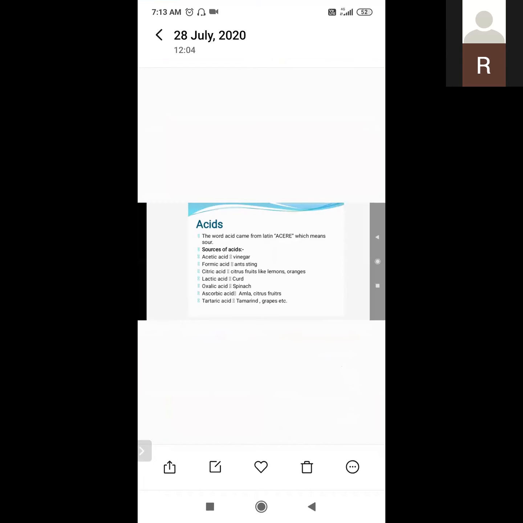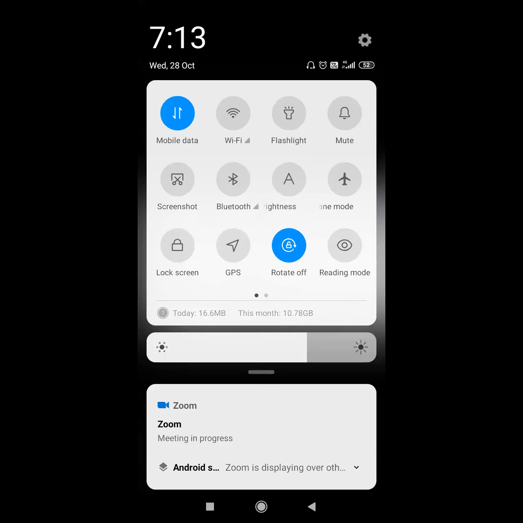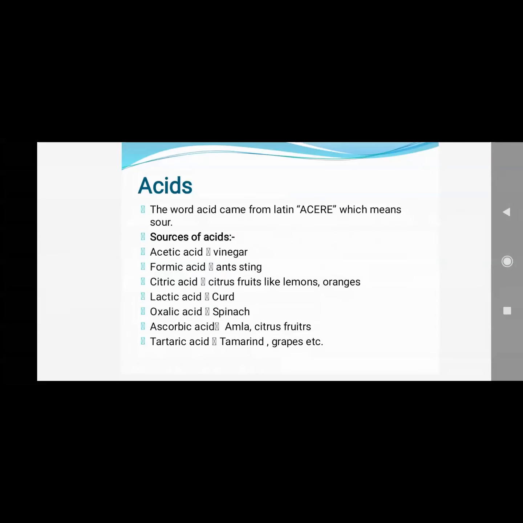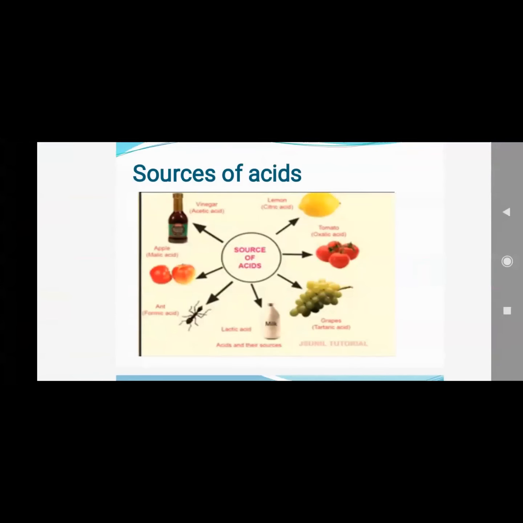As our chapter name is acids, bases and salts, we studied about what is an acid. Here it is on your phone screen, students, with the sources of acids. We have seen this picture in the previous class regarding the sources of acids,